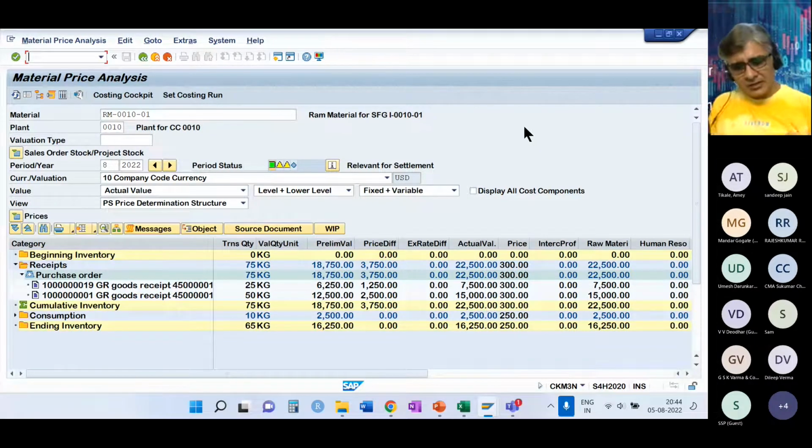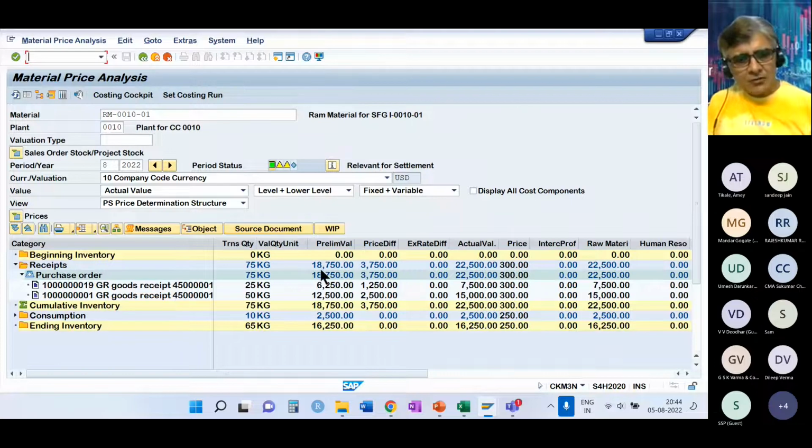Basically, what SAP has done with Material Ledger, it has combined all these components that I had shown you into the Material Ledger. So in the Material Ledger, you will get all types of variances like production variances and purchase order variances. You'll get the receipts of the material, the consumption of raw material, the receipts of finished goods. You'll also get the consumption of finished goods and semi-finished goods. So everything gets captured here.